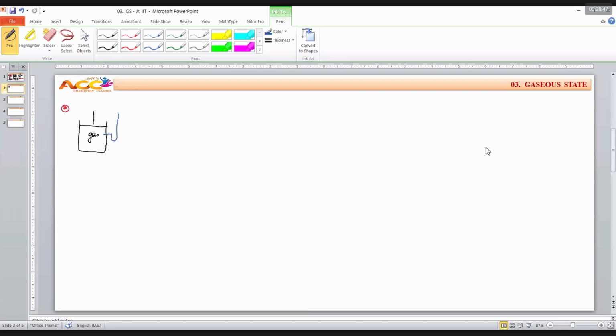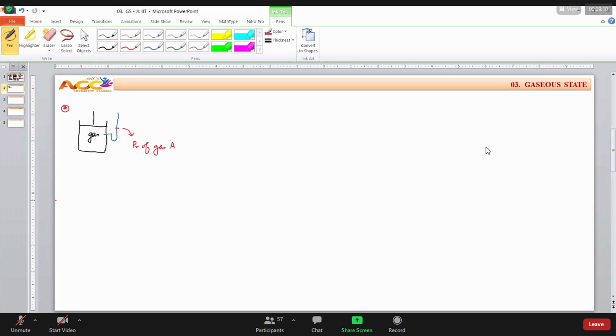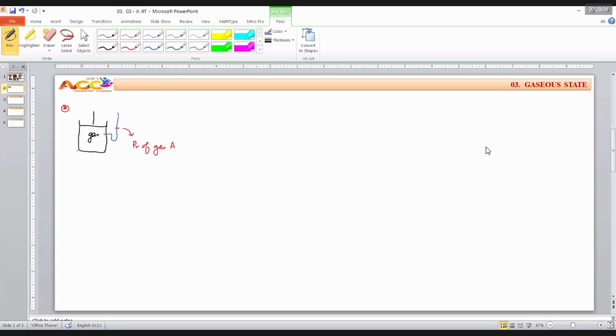Once you attach a manometer, at time t equal to 0, when you just started the experiment, there will be some pressure, some reading. This reading is known as the pressure of gas A. We don't use the word partial because there is only one gas. The word partial should come whenever we have a mixture of gases. Now, what I have done in this container, through, say, an injector, is add a certain